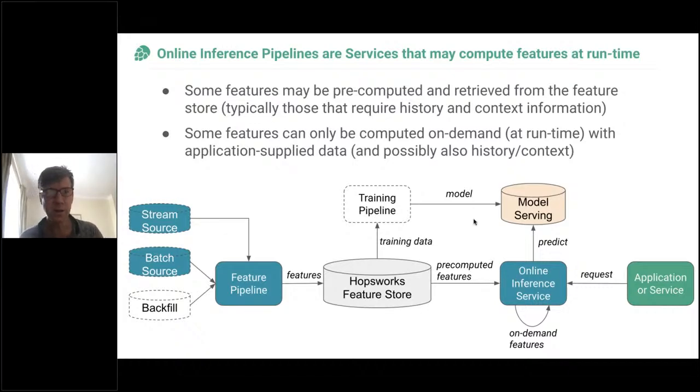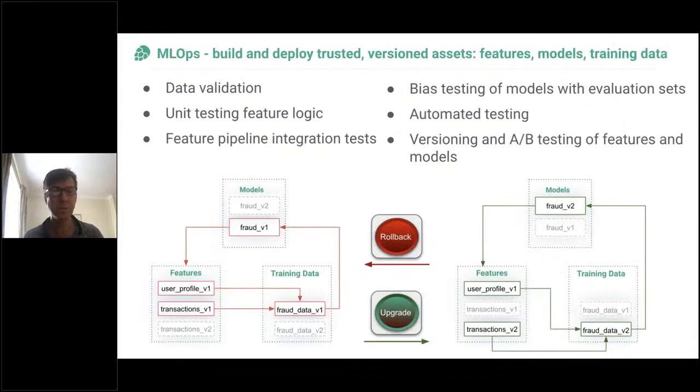Okay, let's move on. So that's basically where we are. We're going to break up the monolithic ML pipeline into three parts: feature pipelines, training pipelines, and inference pipelines. But what we'd also like to do, because we're building a production system, is make sure that the assets we're building, the features and the training data generated by joining features together, can be reused, and